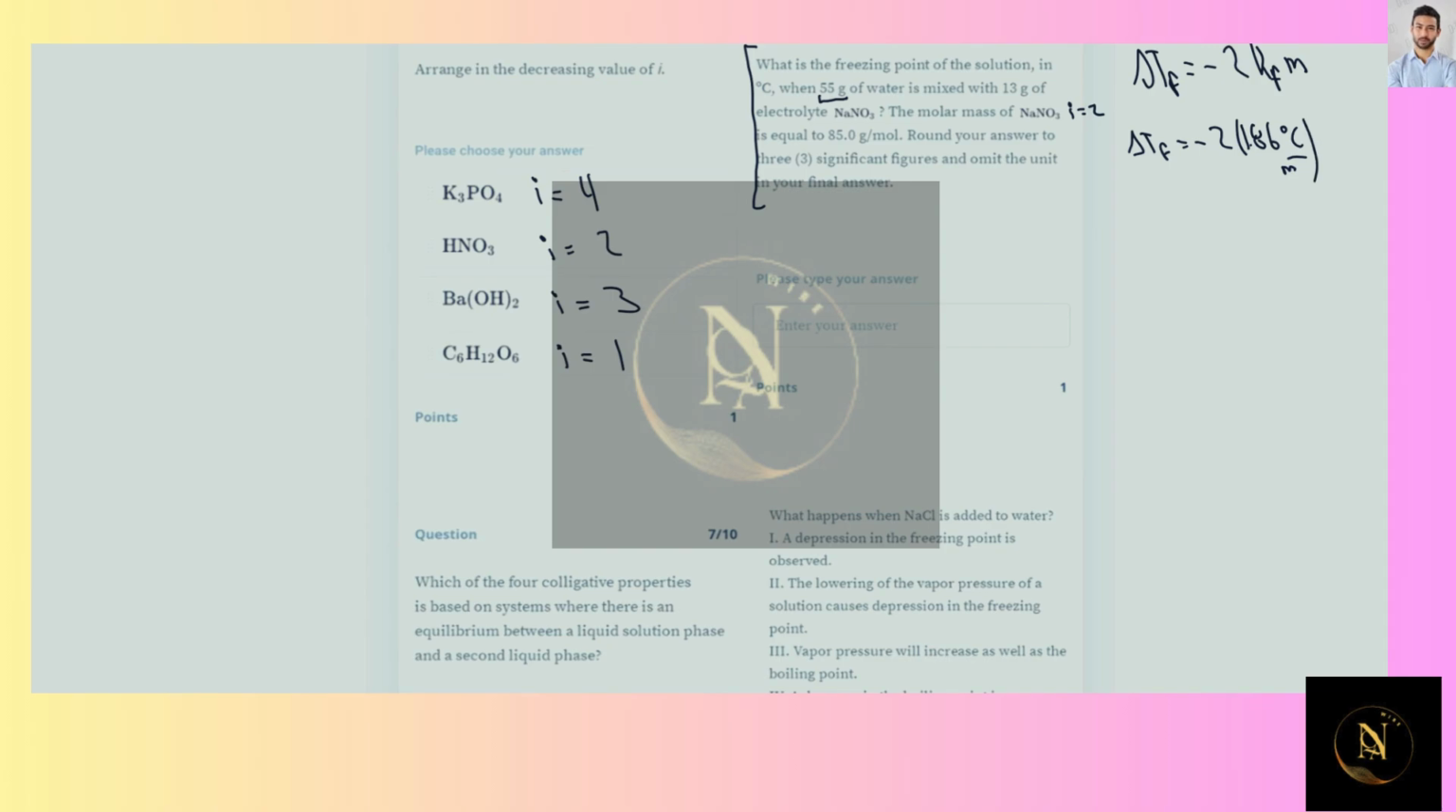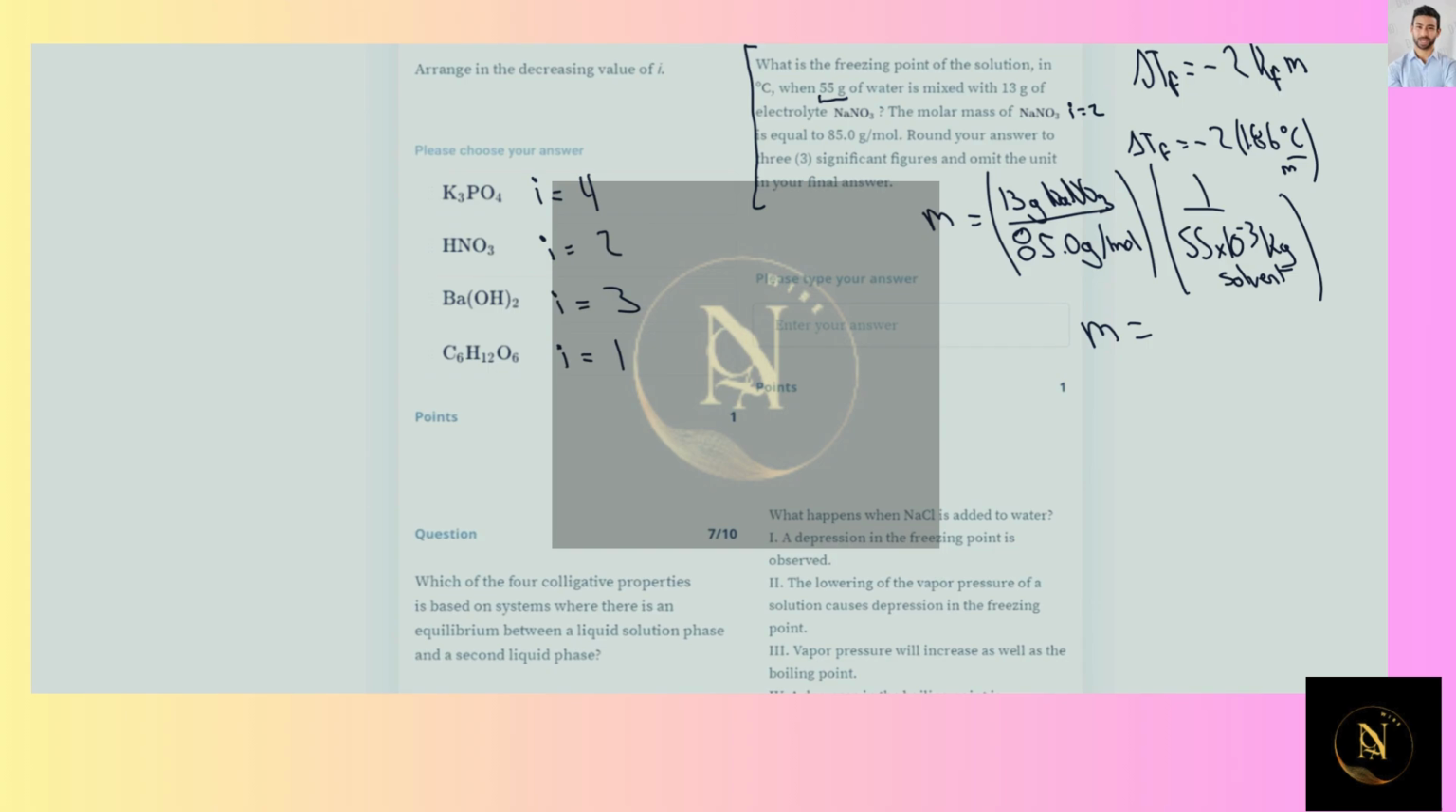So the molality of this solution is going to be equal to 13 grams of sodium nitrate divided by 85 grams per mole, which gives us the amount of moles of sodium nitrate, which is going to be contained in 55 grams of water, which is 55 times 10 to the minus 3 kilograms of solvent. Doing the transformation directly, the molality for this solution would be 13 over 85 over 55 times 10 to the minus 3, which is